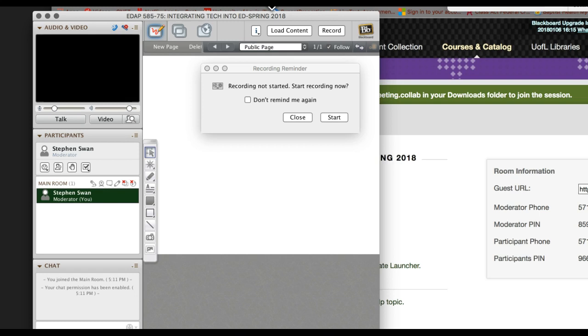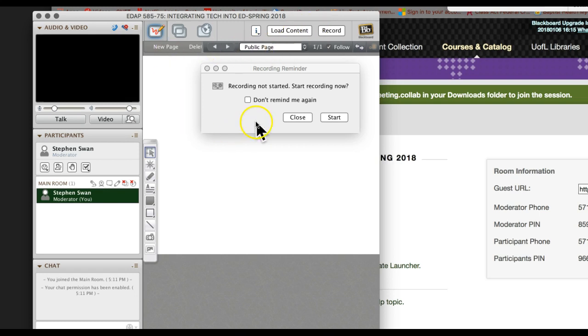Can you do this sitting inside a Panera Bread on wireless? Kind of. If you're at home on wireless, can you use this? It's a little bit better at home on wireless than if you were out and about somewhere. So the best thing you can do is go ahead and try it before class to make sure that everything is working right.